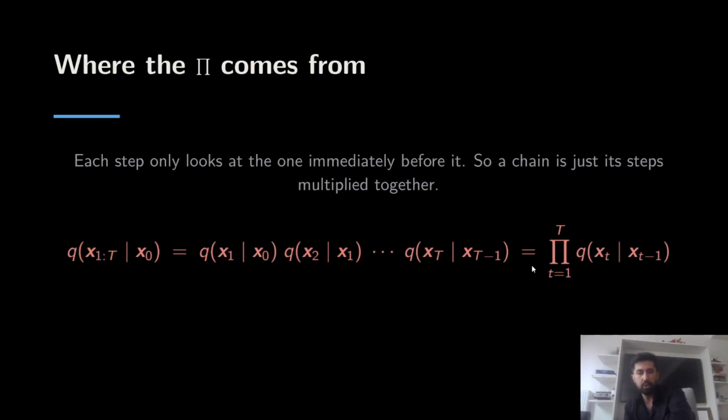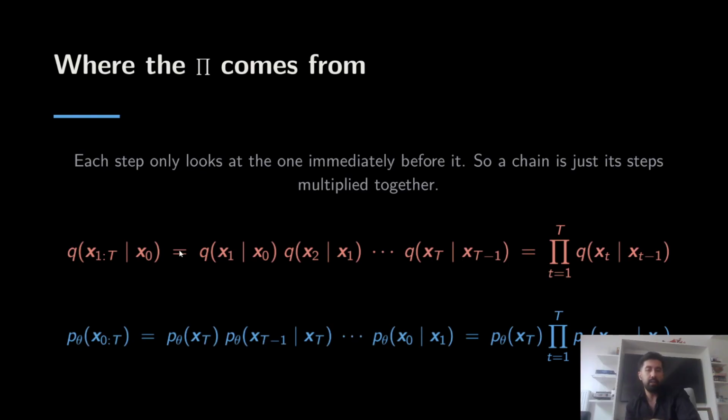As a notation, it's just a product of these terms. The same can be said about the backward process. So p theta of x0 knowing xt is basically x0 knowing x1 multiplied by x1 knowing x2 multiplied by x2 knowing x3, and so on,